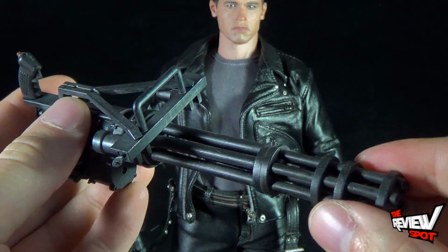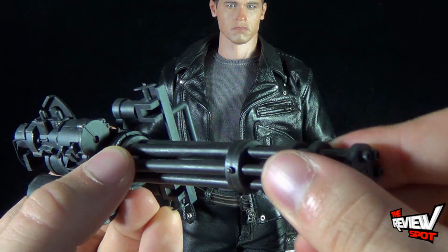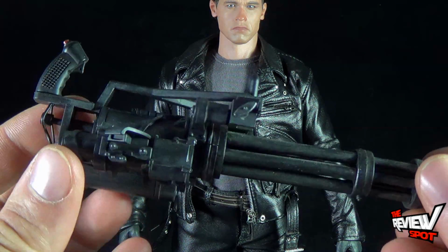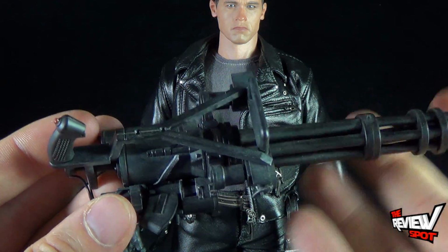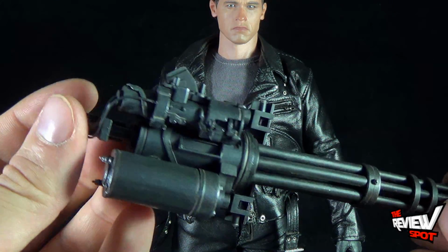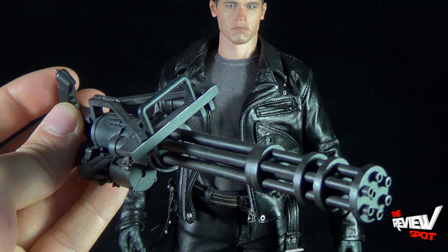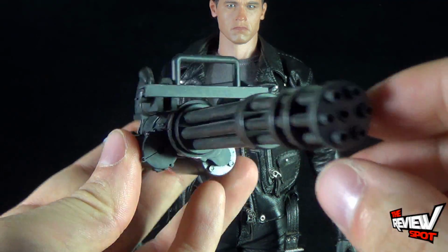A really impressive piece. Doesn't really have a lot of moving components to it. I thought if anything the barrel might rotate a little bit more, but it really doesn't do all that much. But still really a phenomenal looking piece. Looks very aged, very weathered. Definitely doesn't look like something that's new, and fits perfectly for displaying the DX10 in the Cyberdyne confrontation with the